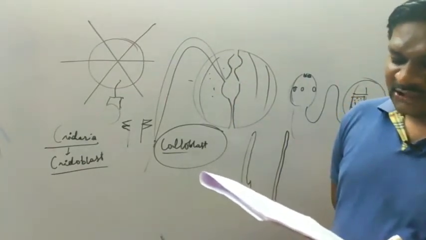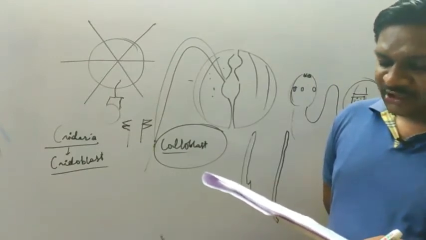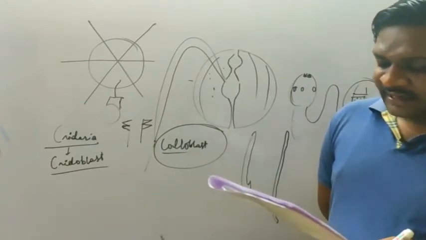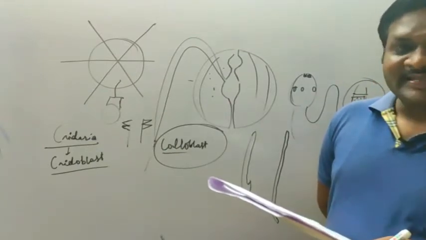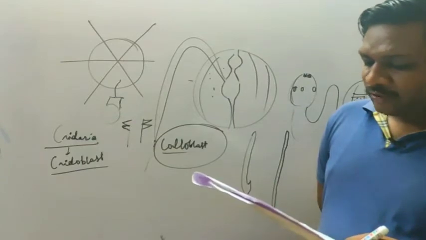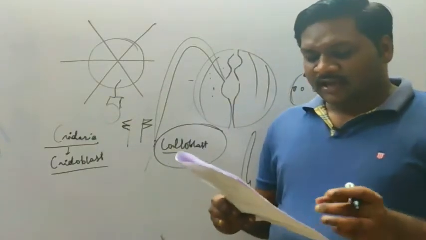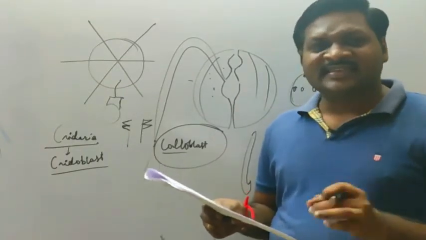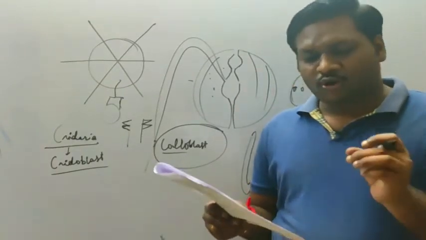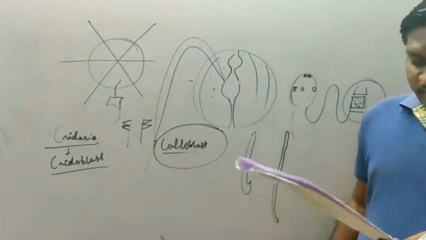The next question number 167. Which of the following is mismatched? Clypeaster, cake urchin; Pentaceros, starfish; Ophiocoma, sand dollar; and Echinocardium, heart urchin. Among these, A, B and D are correct matches, and option C is the mismatched one. So option C will be the answer for question number 167.